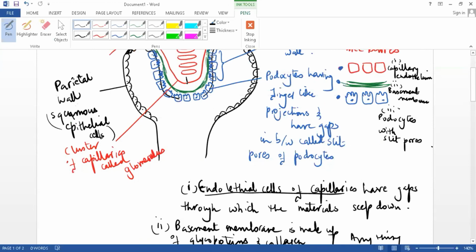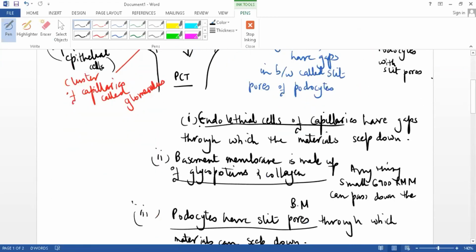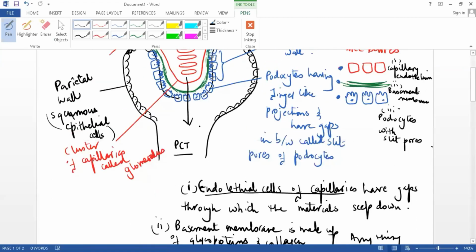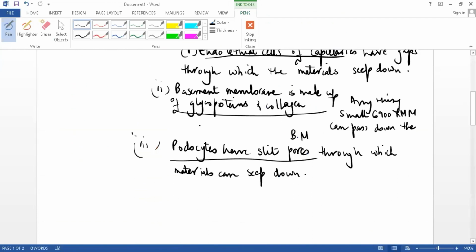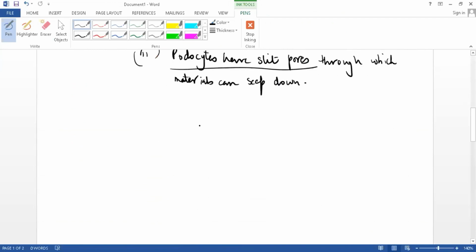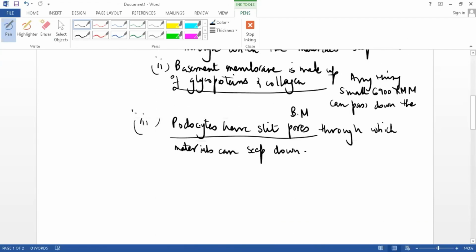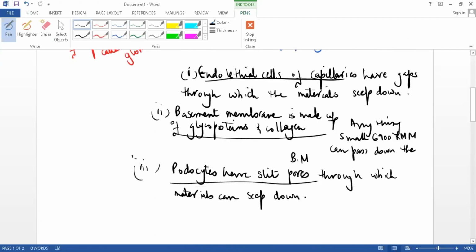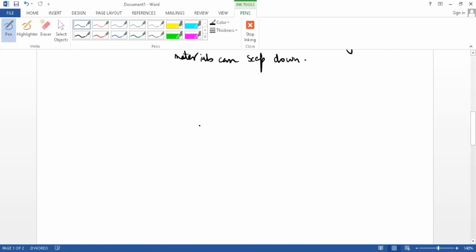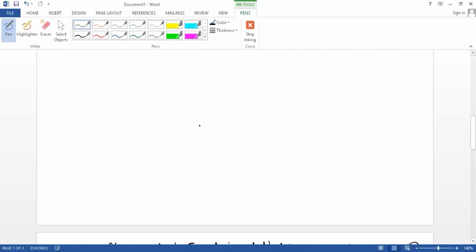So these are the three barriers which the blood and the materials have to cross and seep down into the first portion of the nephron, that is the proximal convoluted tubule. Next to Bowman, this is the first portion. We will discuss the process of ultrafiltration in detail and the working of basement membrane, endothelial cells and podocytes in the other class. Today we are doing the adaptation,